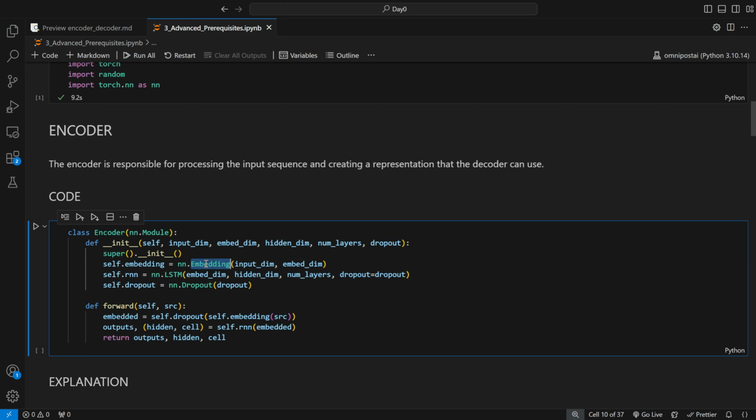All you need is an embedding layer, then an LSTM layer, and then a dropout. Dropout, like I said, is for regularization. So first you compute the embeddings for the tokens, apply dropout for regularization, provide it to your LSTM, and then get your output, hidden and cell state. And that is all you do in the encoder. If you print your encoder,